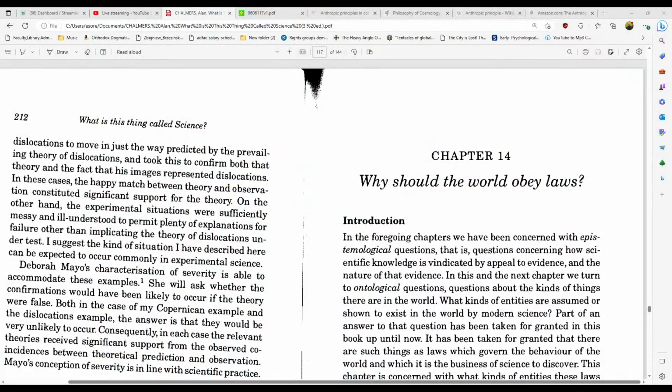Why should nature obey laws? In order to answer that question, we're going to have to figure out, well, what do you say that laws actually are? Okay, let's begin. So you'll see here that we have Chalmers going into,